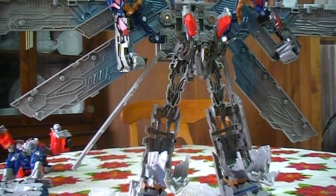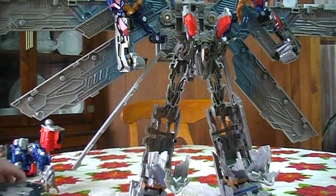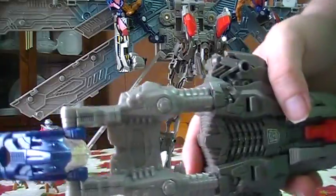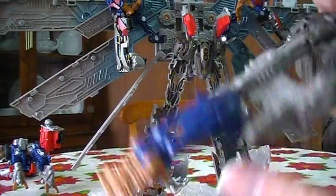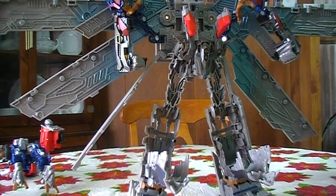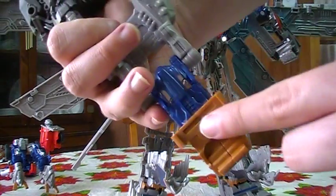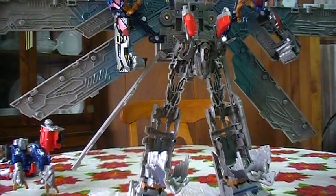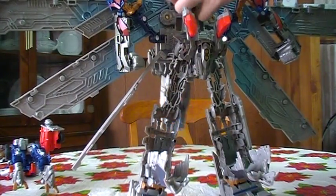So, let's grab Prime here. Well, actually, one more thing you want to do before that. You want to take this gun here, flip this part out like that, and then you want to... how do I put this? Ah, yeah, like that. You want to flip this all the way down like that, so it goes from like that to like that. Then you want to peg it in right up here,